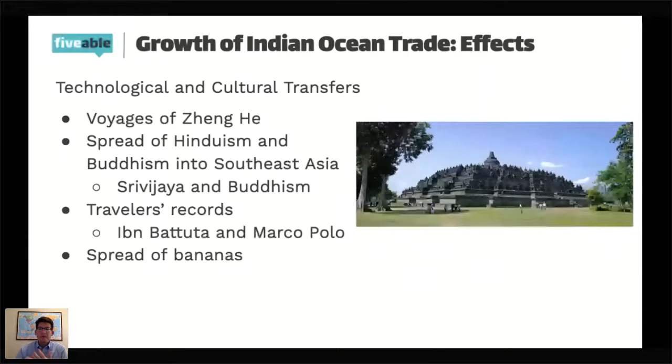Srivijaya was basically an Indonesian city-state based on the island of Sumatra, which is in present-day Indonesia, and it had influence over a lot of Southeast Asia because of its central location for trade, especially through Southeast Asia. But for the spread of Buddhism, it was very important because Srivijaya really promoted Buddhism, building this temple here, which I talked about earlier, Borobudur.